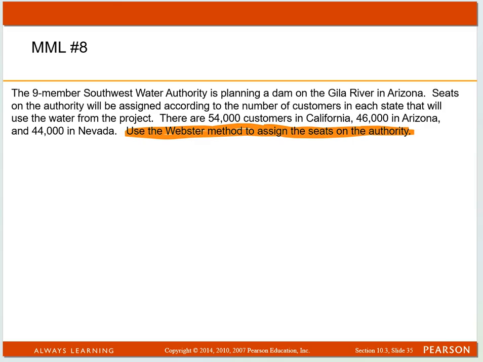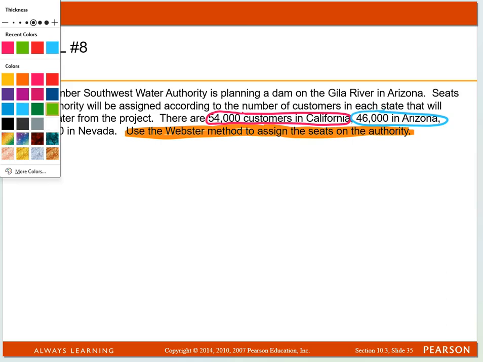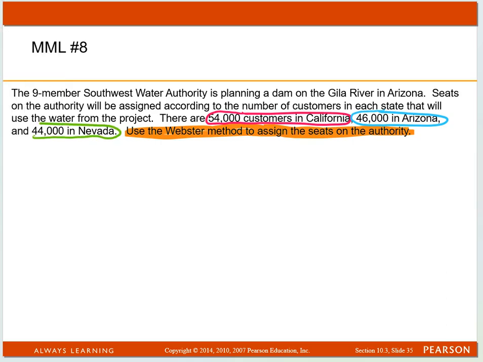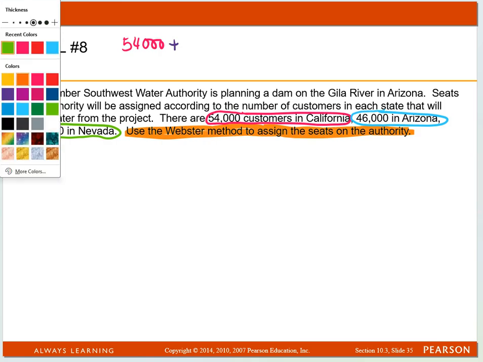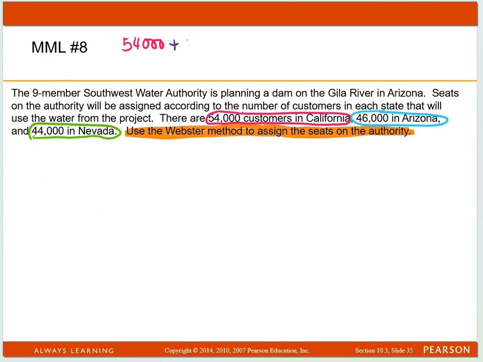I'm going to color code this once again. Let's go with pink this time. There are 54,000 customers in California, 46,000 in Arizona, and 44,000 in Nevada. So let's start by adding the 54,000 plus the 46,000